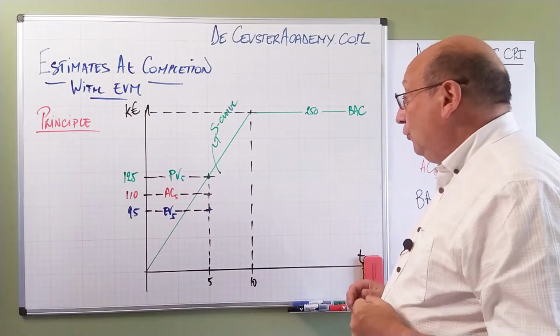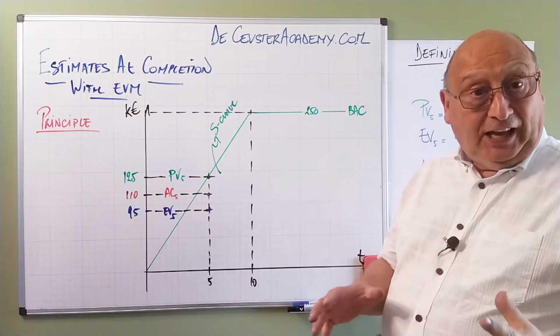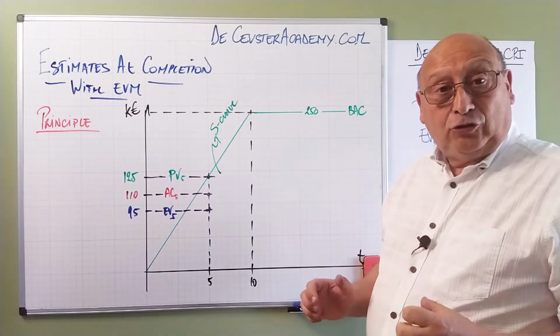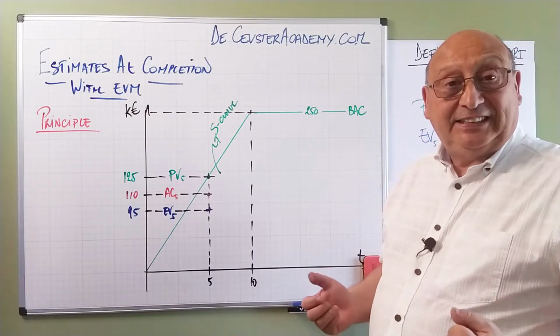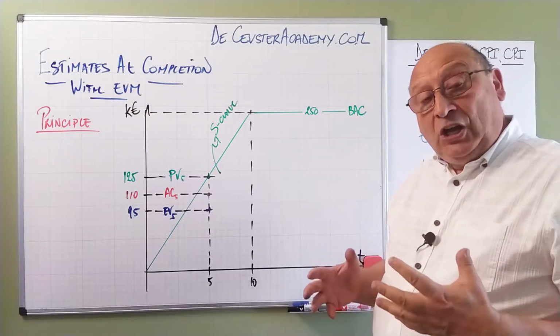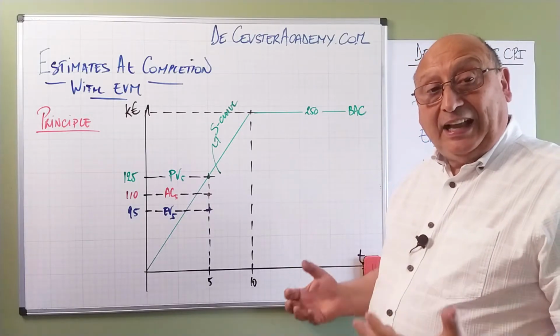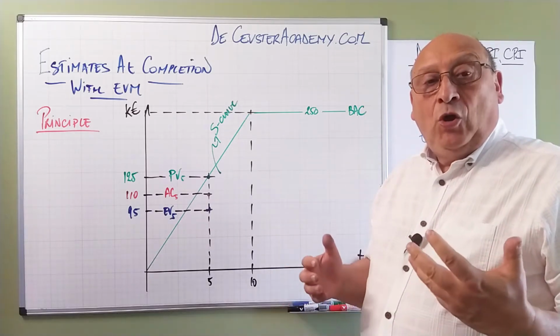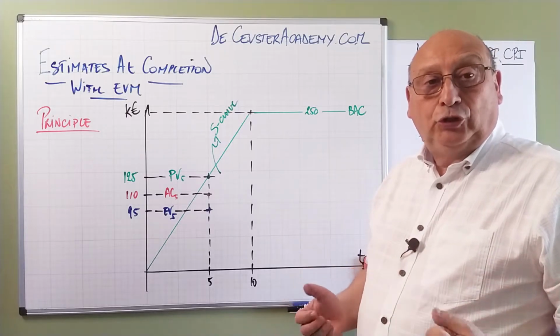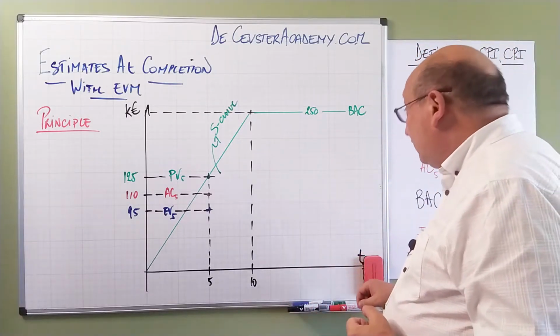Now it's good to review the elements because in the last presentation I asked you to calculate the CPI, the SPI and the CSI and put it in the comment field. So here we're going to start by calculating those parameters so you can verify if your solutions were correct. Now let's start with the